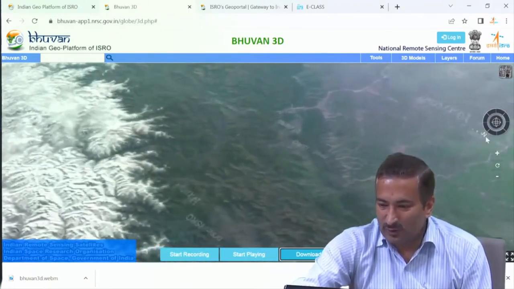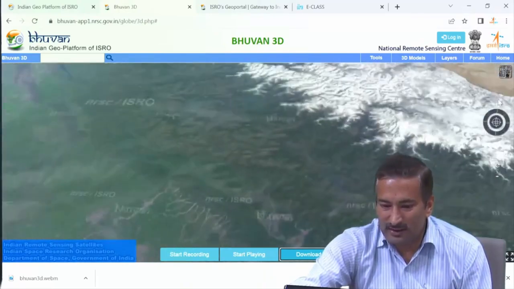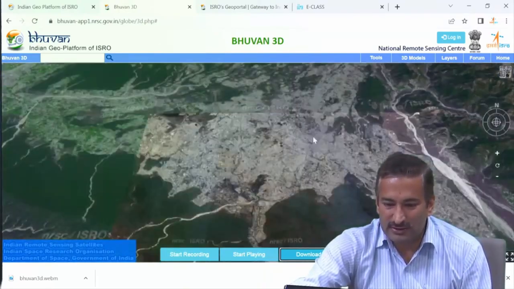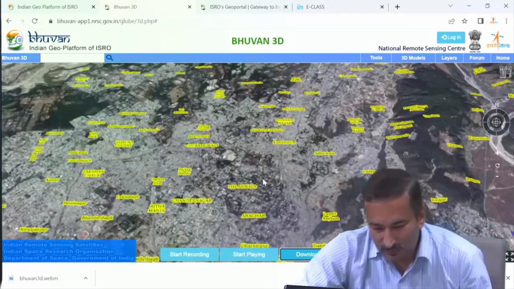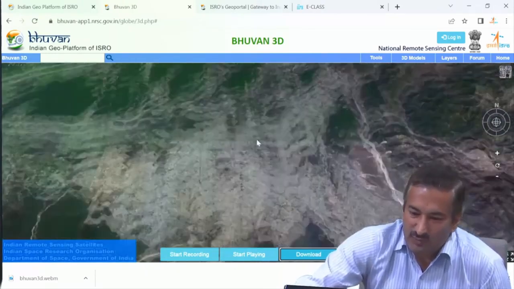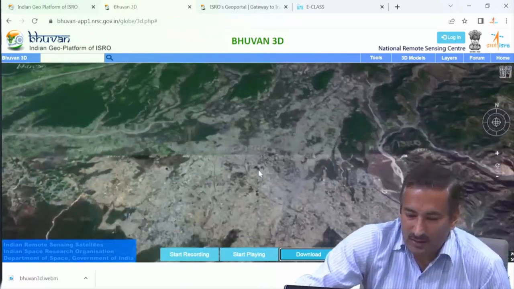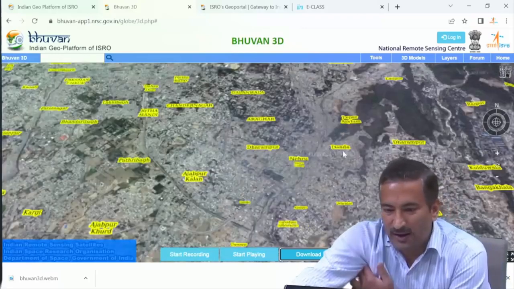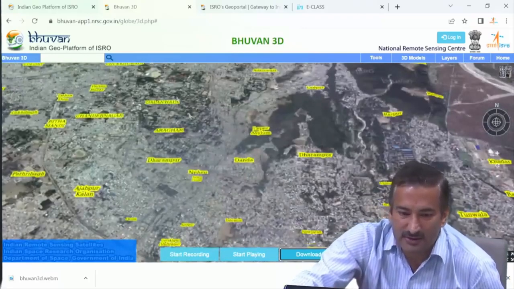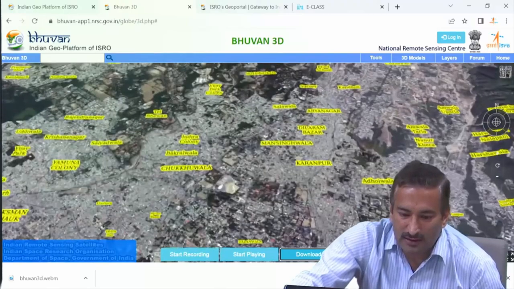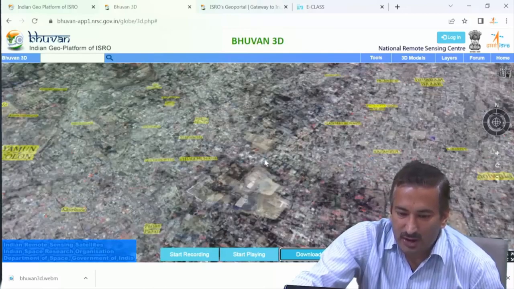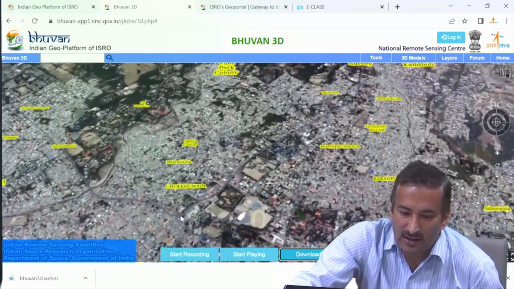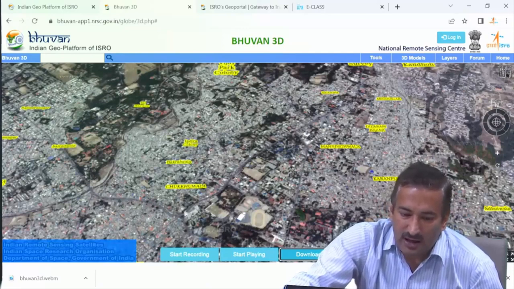I will again move it to the north. You can just move it to the north align. Somewhere here was your Dehradun city. Now in Dehradun city, I was telling you about the elevation profile, at how much height the campus is situated. This was known to you, like a parade ground here, and somewhere here one important point called the clock tower. Now I want to generate a height profile, at how much height is this place relative to this IRS campus.